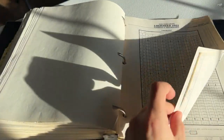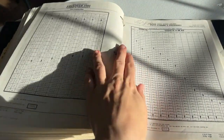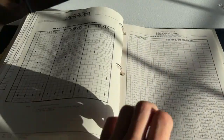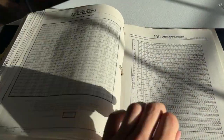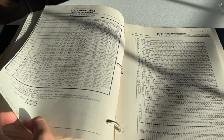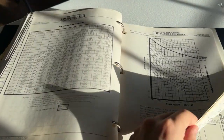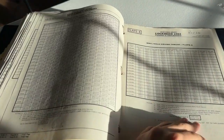And I think we're gonna get into some charts, takeoff, more takeoff, go around chart. And yeah, that all looks really good. Some various changes, some thrust changes, thrust reductions, kidding. Cruise thrust, kind of getting tough to get around the corner here, but we're almost all the way through anyway. Holding,